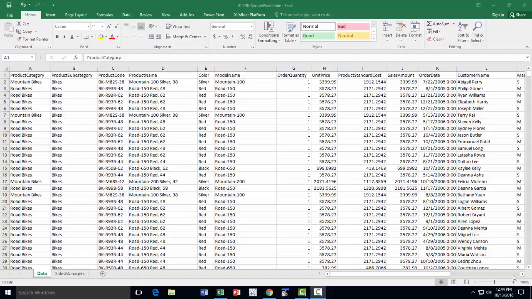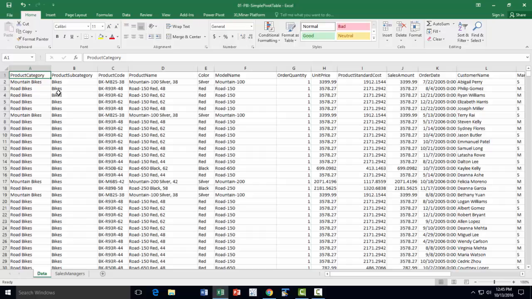Before we look at the data model, there is one more concept that we should use, and that is the Excel table. If we convert the ranges into Excel tables, that makes it easier to build the data model. And the way to create Excel tables is if you have a range like this,